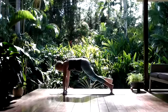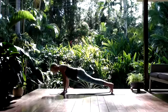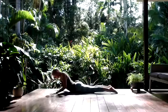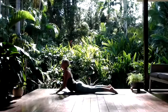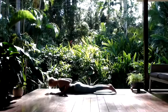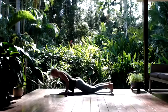Inhale back into your plank. Maybe it's the sense of the way the toenails dig into the mat as you lower. What does it feel like? The belly moving away from the earth and then back down onto the earth. The head, the forehead touching the earth. What's the sensation like? Inhale,